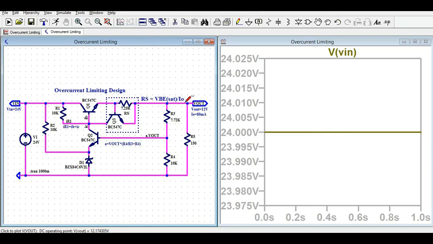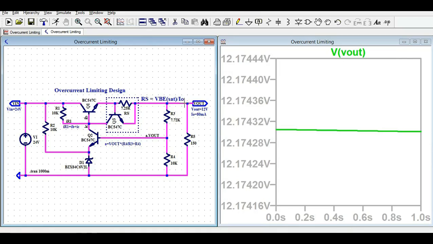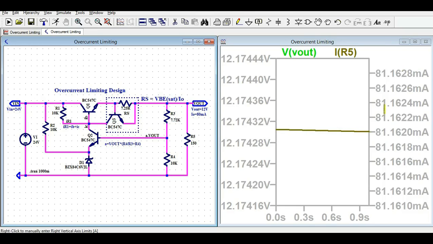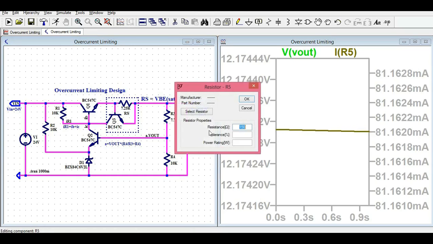And if you look at the output, you see you have around 12.17 volt at the output. And if I click on current, you can see the current is around 81 milliampere. So what you can see here is your input is 24 volt and your output is 12 volt and 81 milliampere. Now what I'm going to do is, instead of using 150 ohm resistance, let me use 1